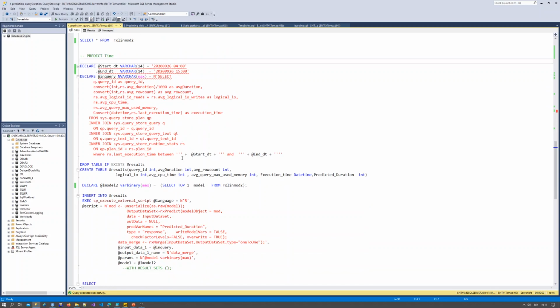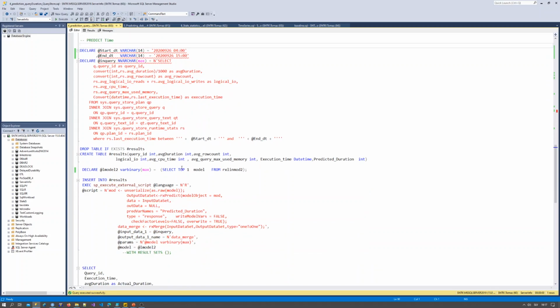And what I want to do is get my model extracted, which means unserialized, from the table. And this is the table where I'm getting my model from. Since there's only one row, I can, with great confidence, say top one, otherwise don't do that.